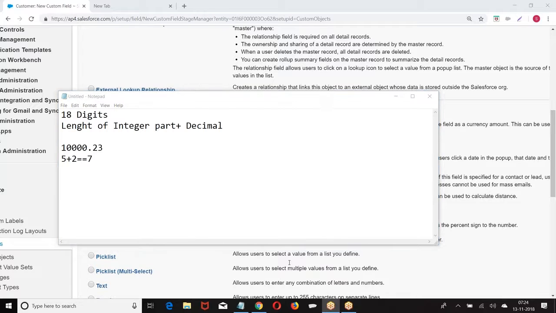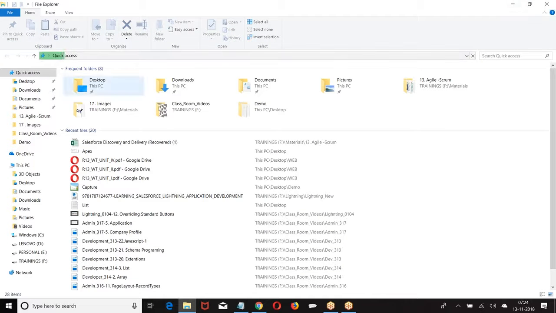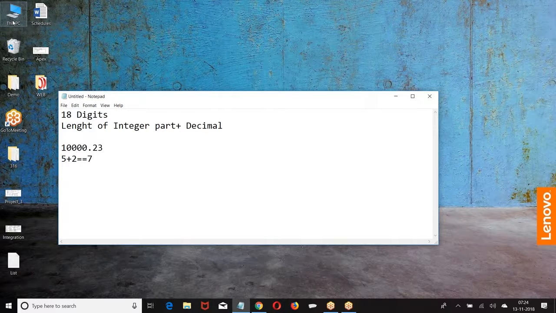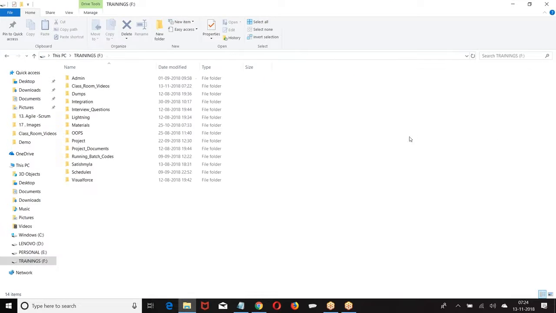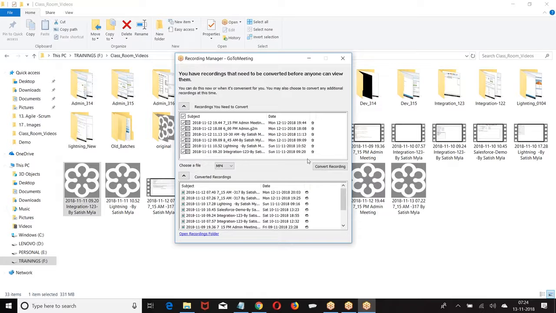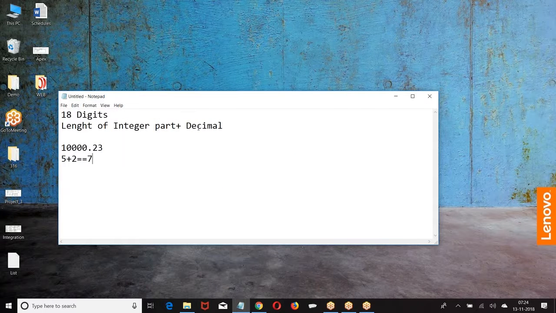It is the length of the integer plus the length of the decimal; both together make 18 characters.